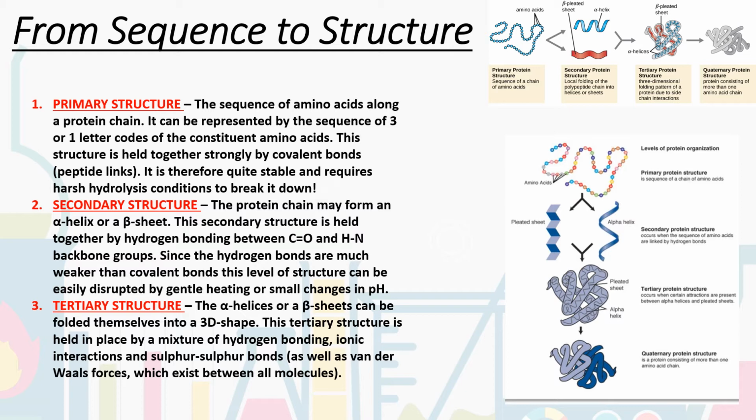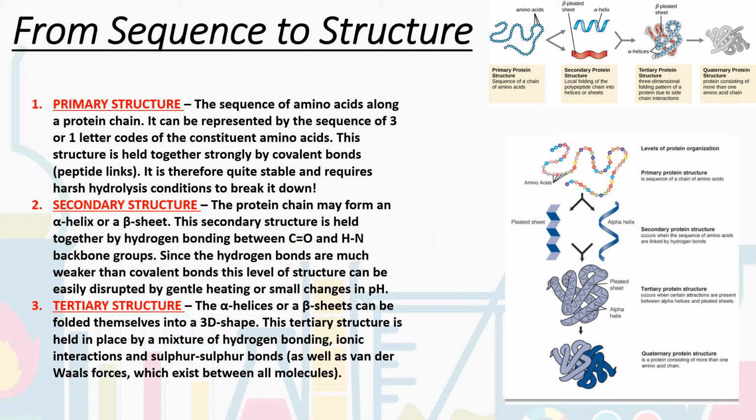And then finally we have our tertiary structure. This is now where our alpha helices or our beta sheets can fold even more and start to interact together into a 3D shape. This tertiary structure is held in place again by hydrogen bonding. It can be ionic interactions, it could be sulfur-sulfur bonds, as well of course as van der Waals forces which exist between all molecules. So the key thing is that the primary structure is simply the sequence of amino acids